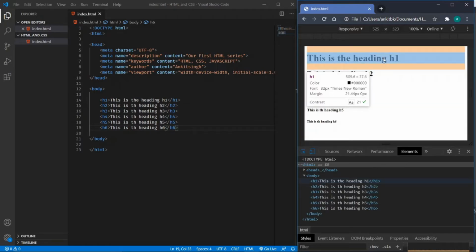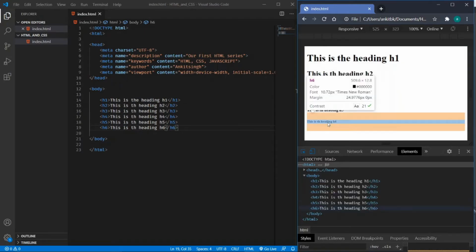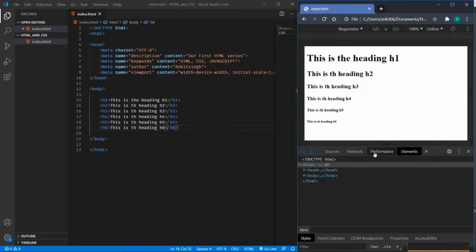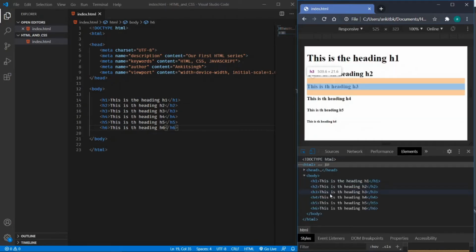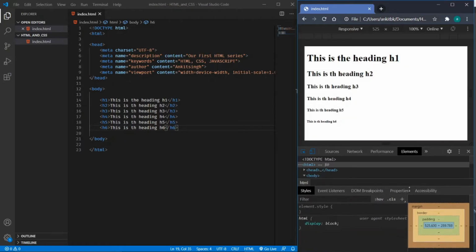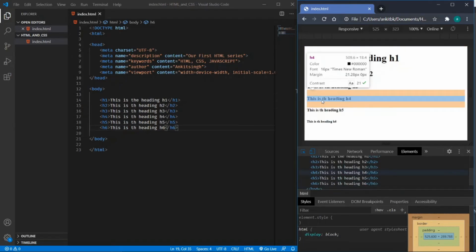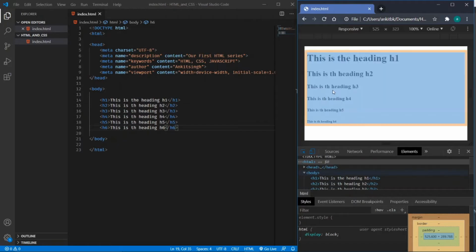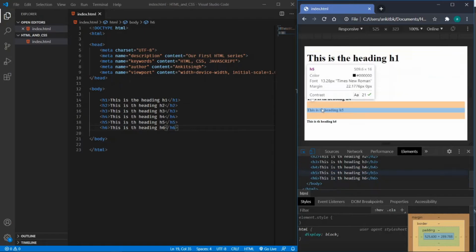The H1, which is the highest one, has the largest font size, reducing towards the declining heading tags, as we have H1, H2, H3, H4, H5, and H6. This is nothing but a default styling applied by the browser. So every heading tag in HTML has a different font style applied by the browser.